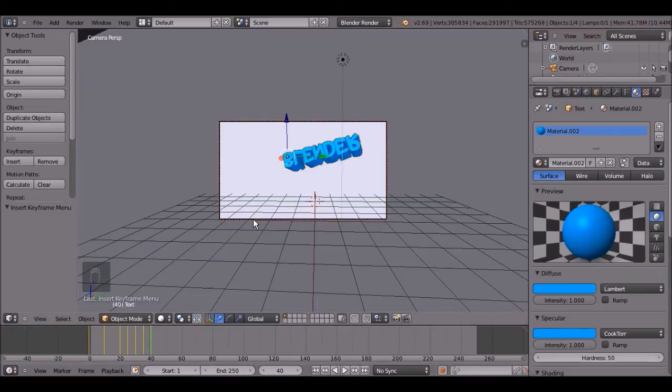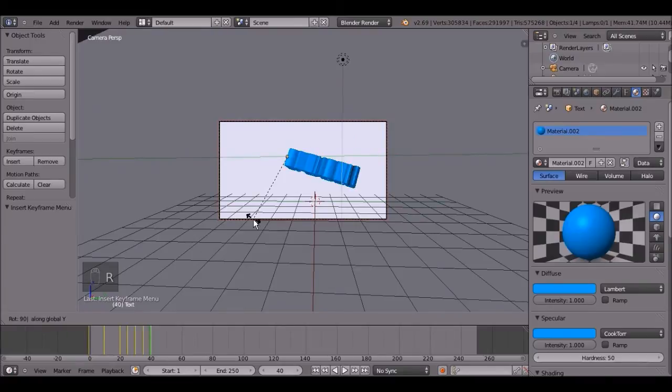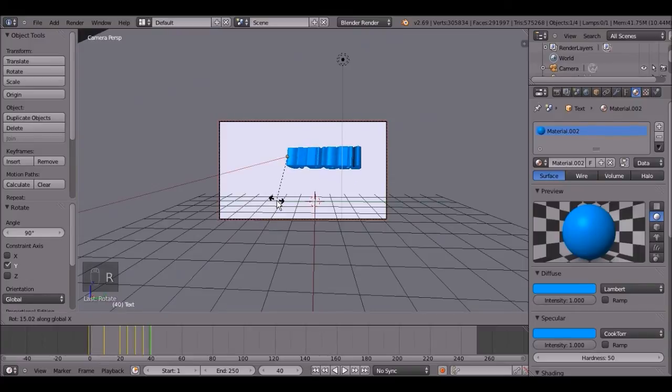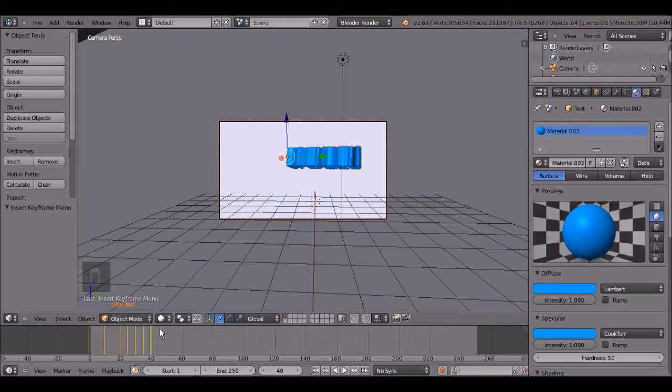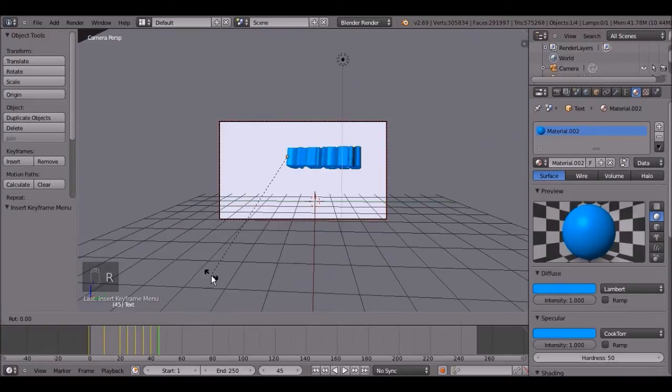Now here I'm going to go R, Y, 90, enter, and then go R, X, lift it up, I, location, rotation, scale. Now I'm going to go 45, yeah, 45, and go R. R means rotation, by the way, if you guys did not understand any of the letters I was saying. I'm going to press 90, nope, Y, 90,